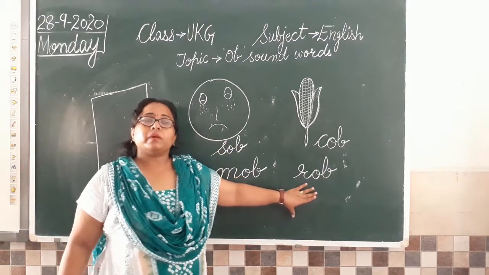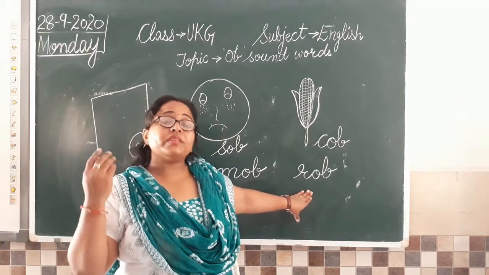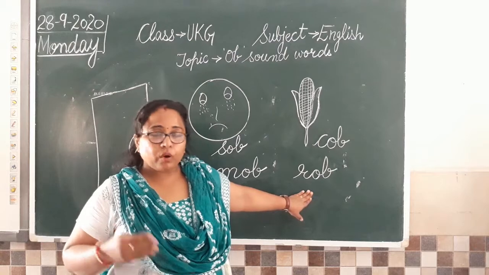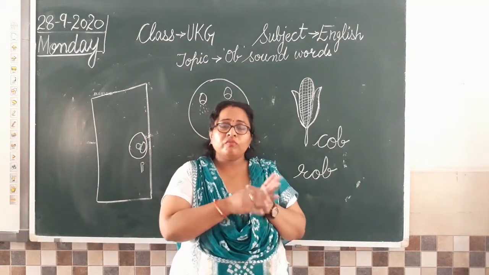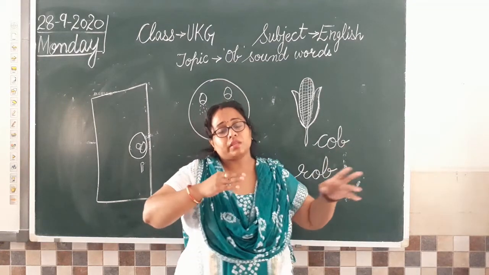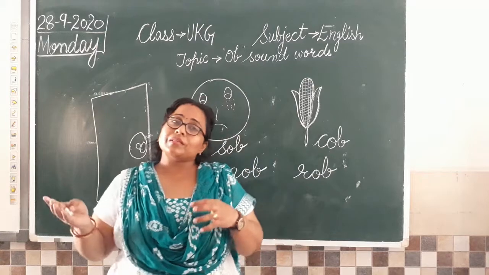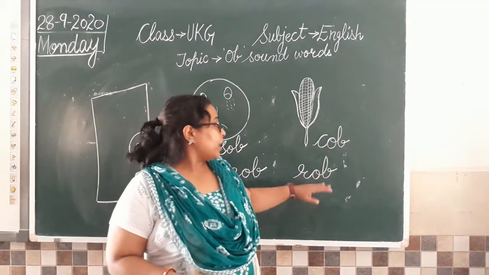So what is rob? Rob means जब कहीं पे कोई चोरी हो जाए. कोई who is a चोर? Thief. Thief को हम चोर कहते हैं ना. So what they do? They come to your home when you all are sleeping and they don't tell you and they take away your things. आपको बिना बताए वो आपका सामान ले जाते हैं, वो घर में चोरी करते हैं. So we call that rob.